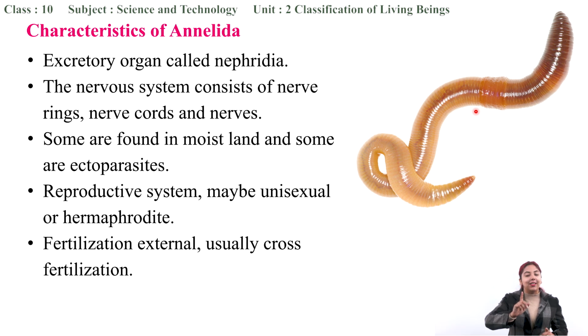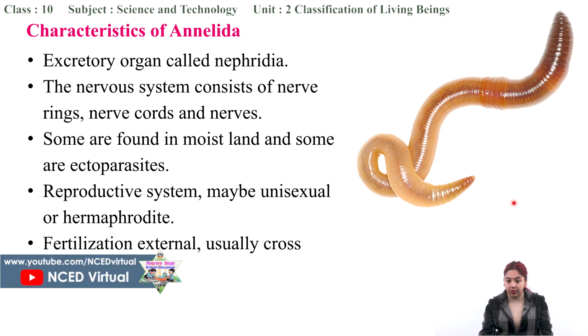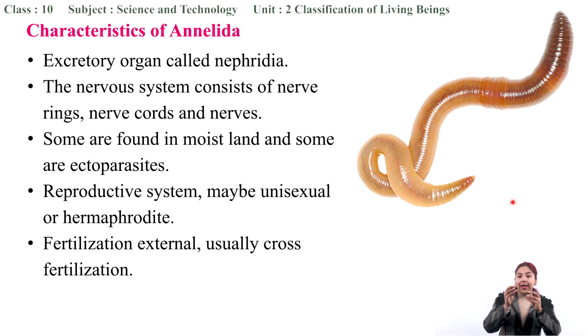Yes, if the fertilization occurs outside the female body, that is, the sperm fuses with the egg outside the female body, then the fertilization is known as external. Now, in case of earthworm, if I give an example of earthworm, what happens is after conjugation, the sperm and the egg fuse together in a cocoon that is present outside the female body. And what cross fertilization means is,